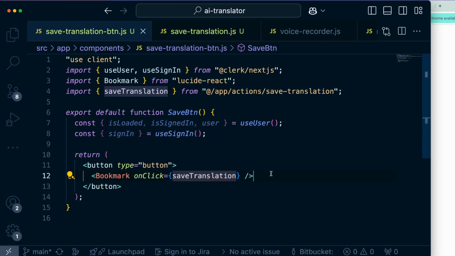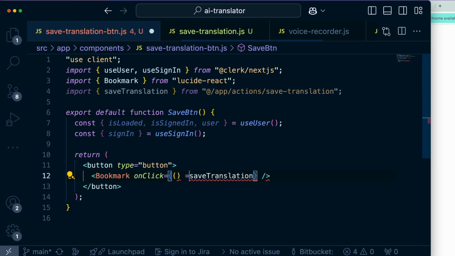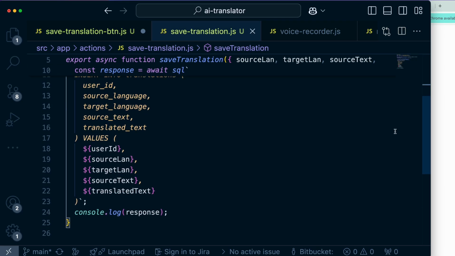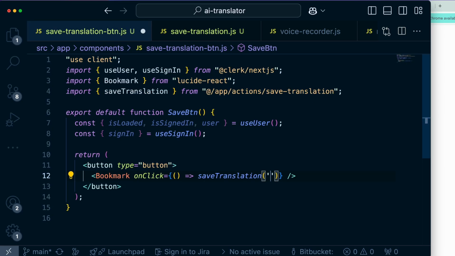So here we're calling it, but we need to pass the arguments. So when we call this, we do like this and create like a callback. For testing purposes, I'm gonna hard code and try it out, passing these variables first. So it'd be English, world,